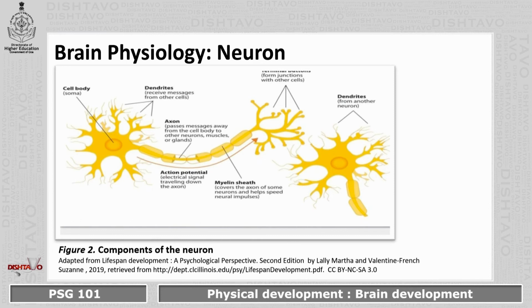On this slide, you will see the picture of a neuron. Now, what is a neuron? Neurons are nerve cells that process information. An axon sends electrical signals away from the central part of the neuron. At the end of the axons are terminal buttons, which release chemicals called neurotransmitters into the synapse.